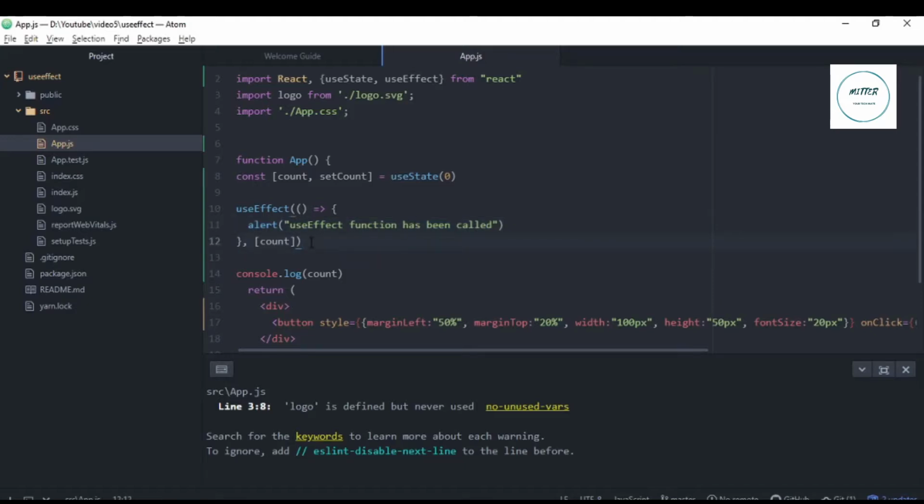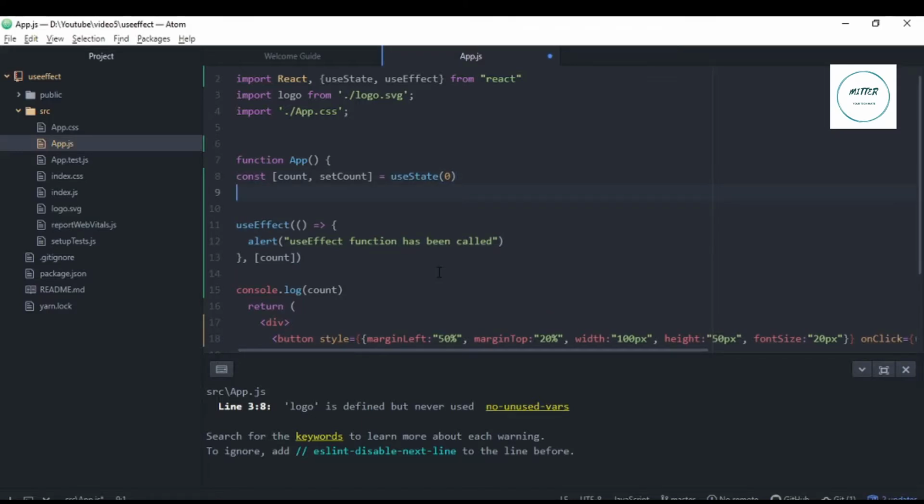So if I want to put such conditions in React, if I want that some chunk or few lines of the code should run based on the changes in some variable, then I will just enclose those lines of code within the useEffect, and I'll define those conditions here. So let's do another example.